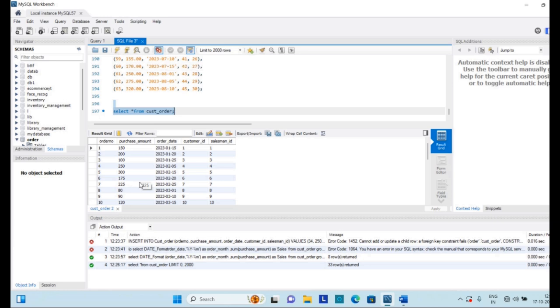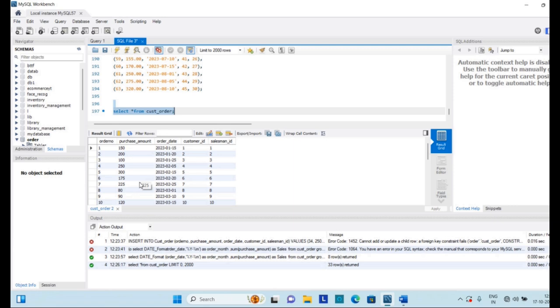So you see that I get the fields order number, purchase amount, order date, customer ID and salesman ID. I have to find out the total sales made in a month, because you can come to know about the month with the help of order date. If I sum the purchase amount according to the month, I get the monthly sales. Similarly, if I count the orders placed in a particular month, I get the count of the orders of a month.